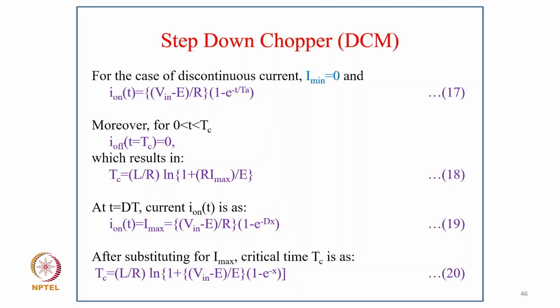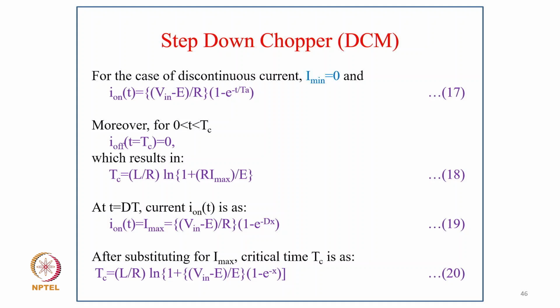For the case of discontinuous current, I minimum is 0. So I 1 of t equal to (V in minus E) upon R times (1 minus e to power minus t upon tau). Moreover, from 0 to t c, I of t is equal to 0, which results in t equal to L upon R logarithmic in bracket (1 plus R I max upon E), and